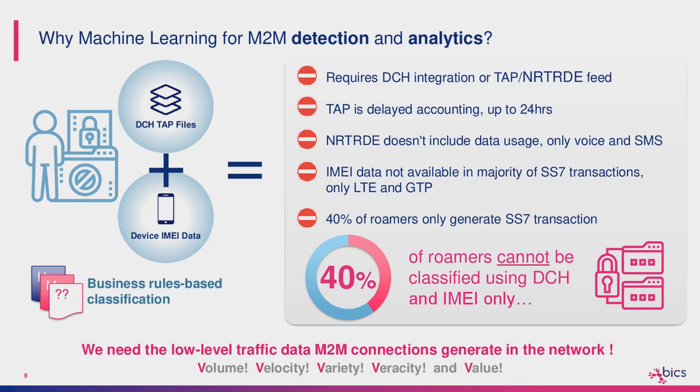Okay, so if we forget the limitations of usage data and device data, and we now start looking at the low level traffic data that every single device has to generate, we actually find a lot of potential, because we know now we can probably have 100% coverage, but it also comes with the complexity of the 5 Vs. And this is where we enter the realm of big data and data science. We're going to have a lot of volume. So each individual roamer can generate thousands of records daily. And we're going to now multiply these thousands of records across hundreds of millions of roamers. So we have huge volumes to deal with at this layer.